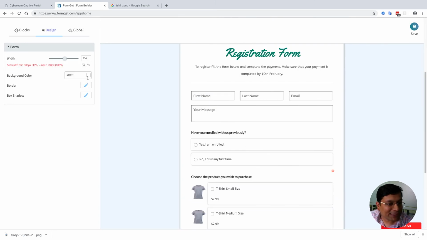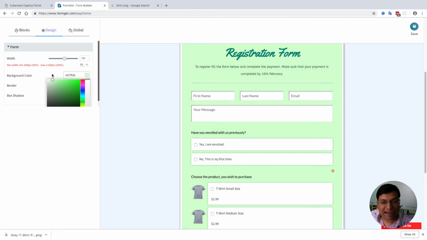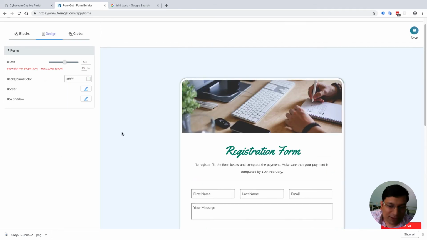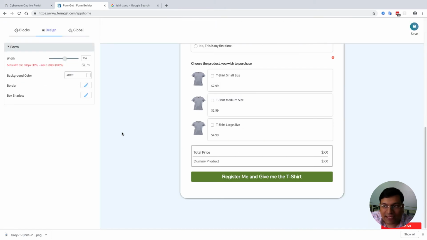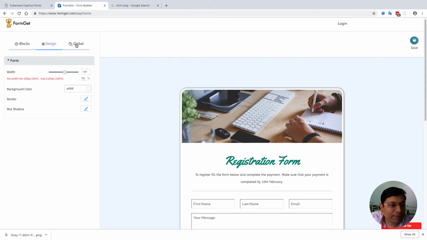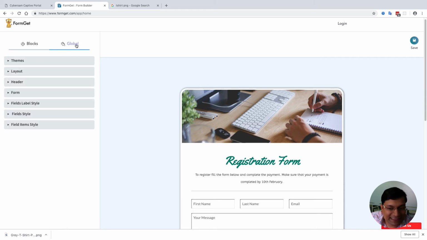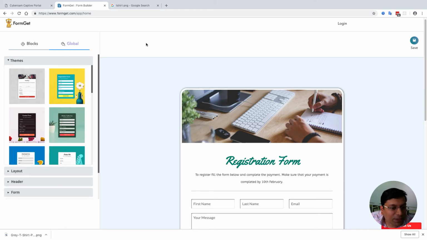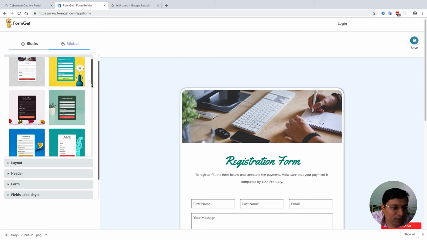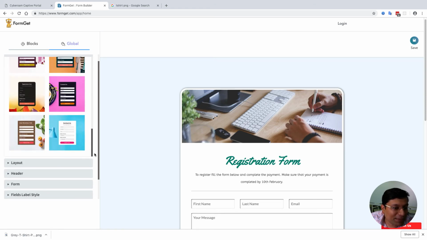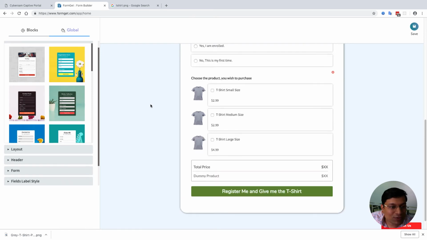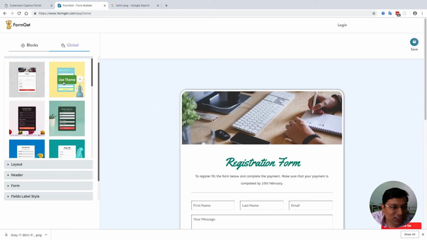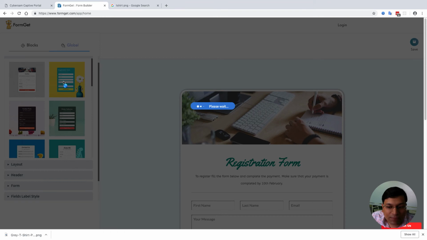What I need is I want to change the background color of this form a bit. To be very frank, I'm not an expert in design. So I'm going to go to the global settings. I know lots and lots of people like you and like me don't know design. So we have included lots and lots of really nice pre-made form templates. You just need to click on the use this theme button,